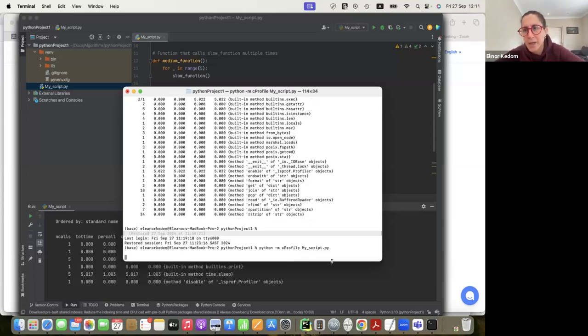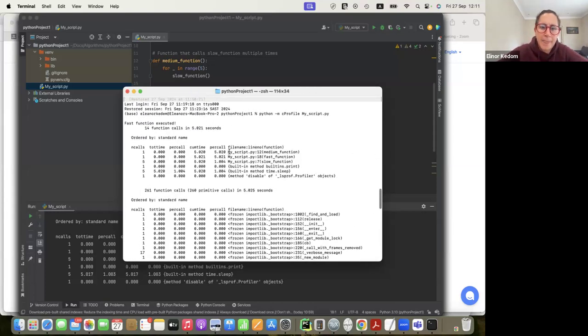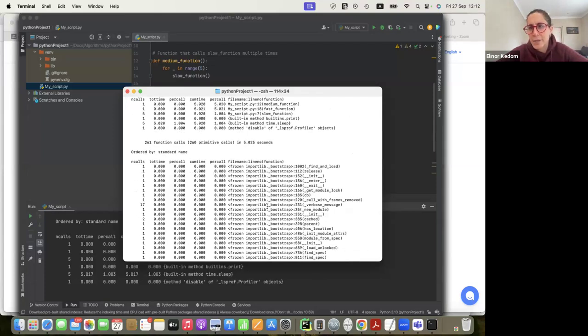It's going to be a little bit longer because it's running the terminal as well. It's running the code. The statistics are pretty much the same. If you're running from the terminal, it gives all the other functions that are actually running in the background of that run,